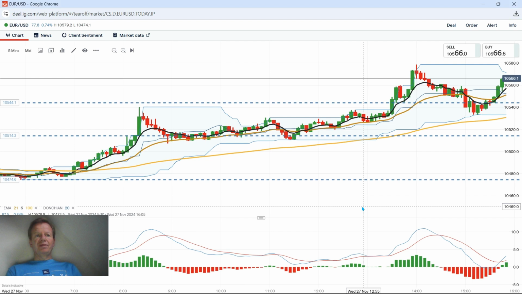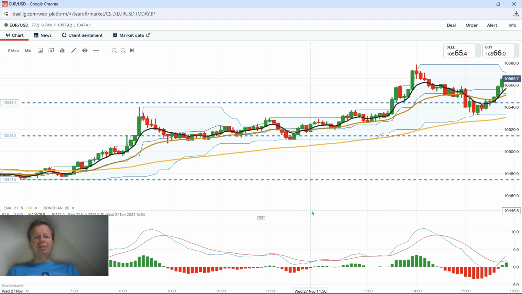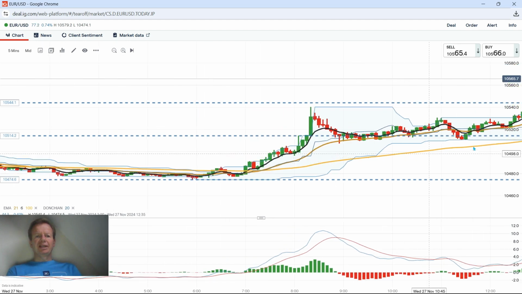Now, on the chart here, we have the Euro US. Each of these candlesticks is 5 minutes. I also put a few indicators on as well. A lot of traders don't use indicators on London Breakout, but I find it helps me reinforce my decision-making process. But just to explain here,